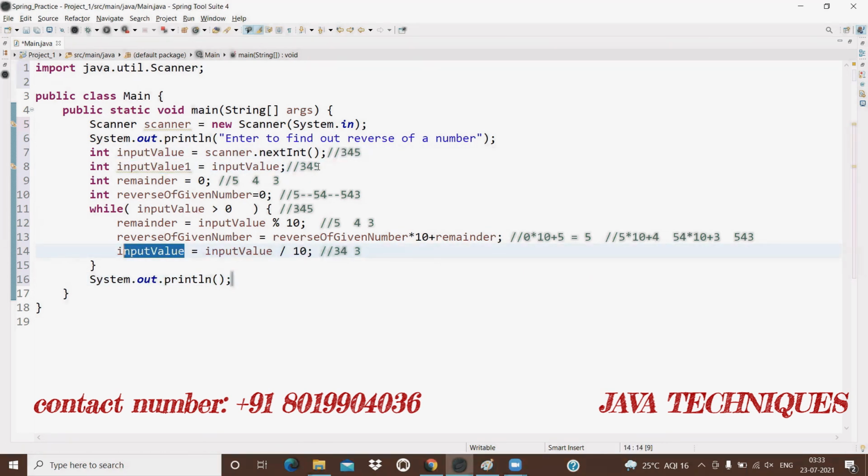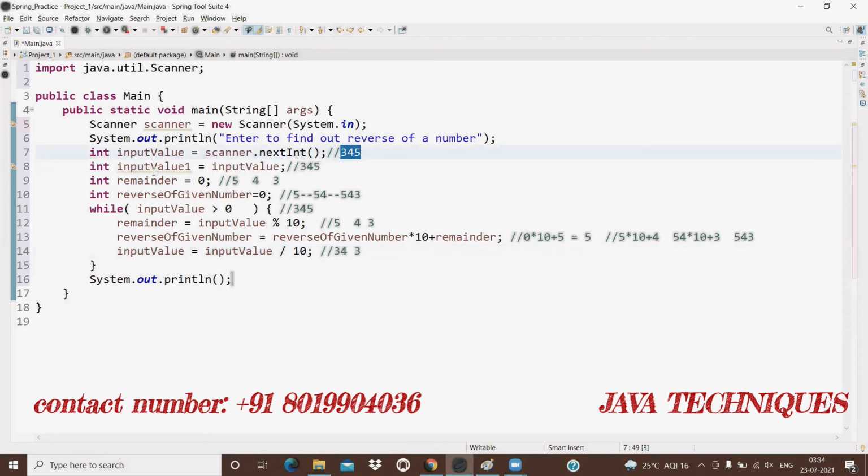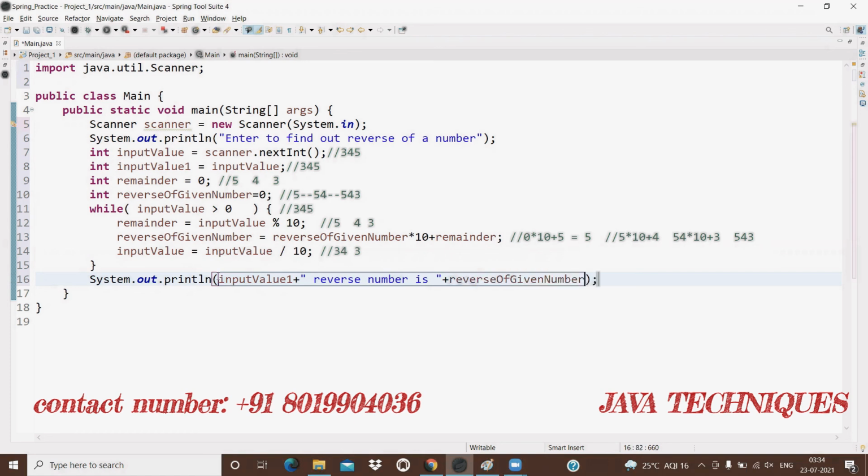So for comparison purposes only, at the starting time of this program, I stored that value into input value 1. So here I'm writing input value 1, nothing but 345. So 345 reverse number is, here I'm writing reverse of given number.